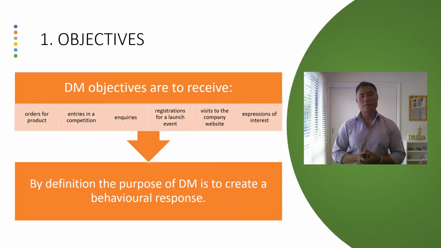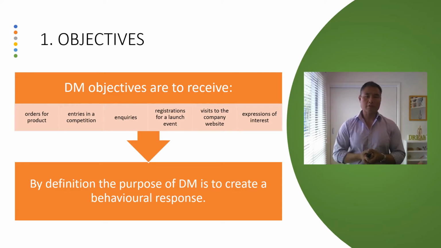So in terms of objectives, we mentioned earlier how direct marketing aims to do more than transmit information or raise awareness of a brand. Certainly it will do that, it will transfer information, and it will also raise awareness, but it's aiming to engage the respondent and get them to respond in some way. So some of these objectives then, holding that philosophy in mind, is that the response could be receiving orders for